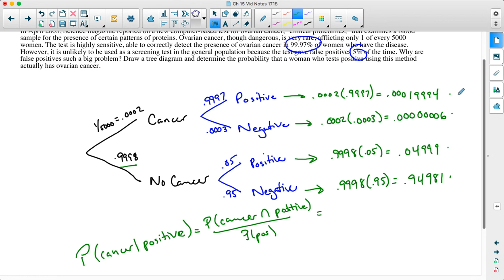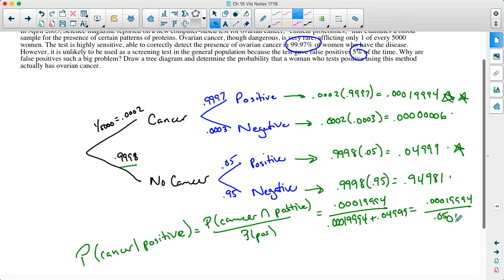Well, cancer and positive test is right here. So that's 0.000199994 over probability of positive test. Well, positive test is that one there and this one here. So I've got to add those together. 0.000199994 plus 0.04999. That gives me 0.000199994 over 0.0501894. End result